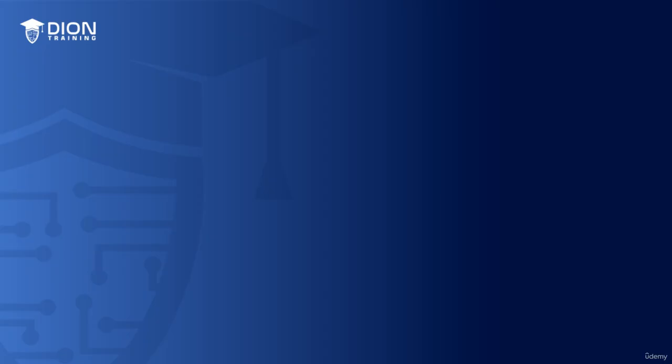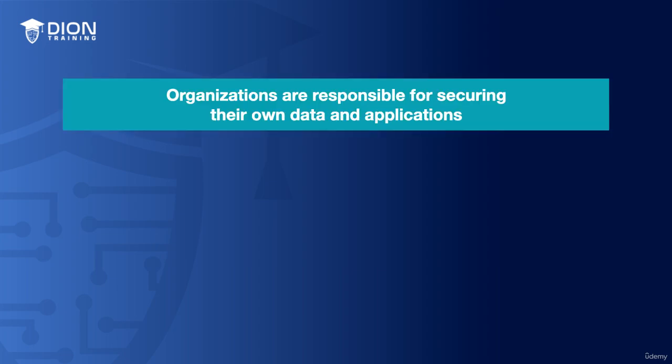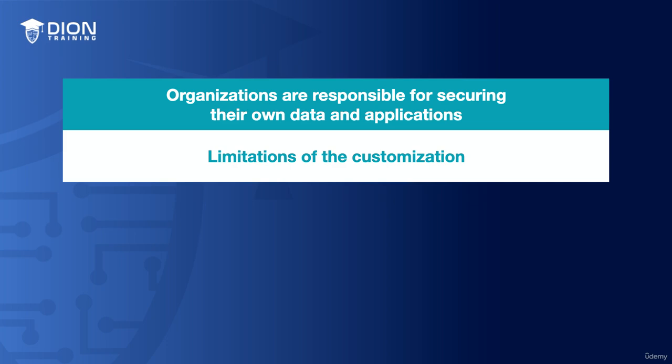Now, there are some drawbacks to using infrastructure as a service that you need to be aware of. One of the biggest concerns here is going to be security, because the organization is going to be responsible for securing their own data and applications within the virtualized environment when you're using an infrastructure as a service model. This is different than when you're using a software as a service model, where the provider is going to be responsible for the infrastructure and the software and all of your data. Instead, though, when you're using infrastructure as a service, the provider is only going to give you the underlying hardware, and you're responsible for all the software being installed on that infrastructure, as well as all the data you're placing into that infrastructure too. Additionally, there's many limitations on the level of customization that you can achieve when you're using these virtualized resources.